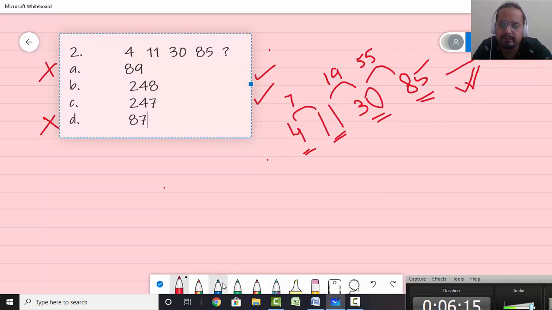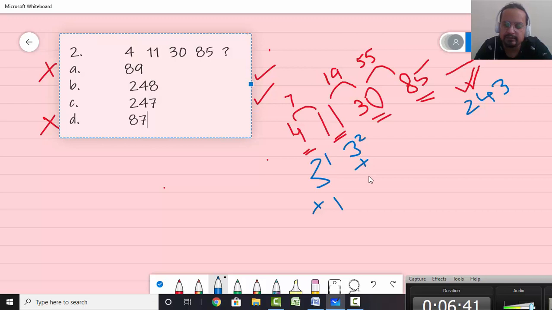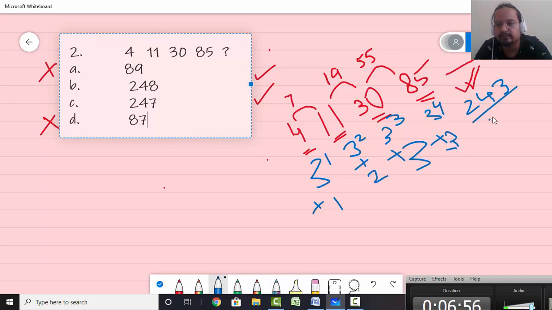One number which comes to my mind that in the 240s I have learnt or I know, that is 3 to the power 5, that is 243. 3 to the power 1 is 3, 3 square is 9, 3 cube is 27, 3 to the power 4 is 81, and 3 to the power 5 is 243. Okay, so if I take power of 3, 3 to the power 1 plus 1, this is 4, right? Now I'm thinking. So 3 square is 9 plus 2 is 11, all right. 3 cube is 27, plus 3 is 30. 3 to the power 4 is 81 plus 4 is 85. 3 to the power 5 is 243.